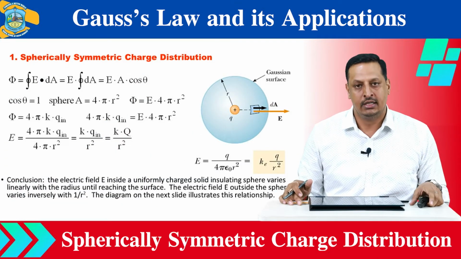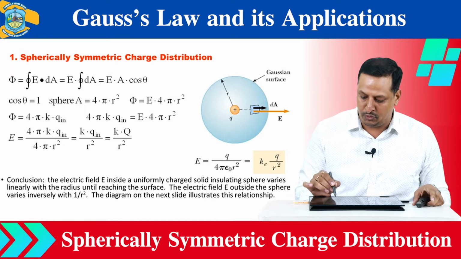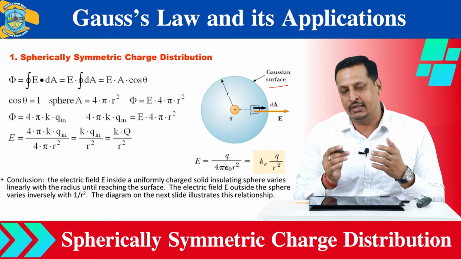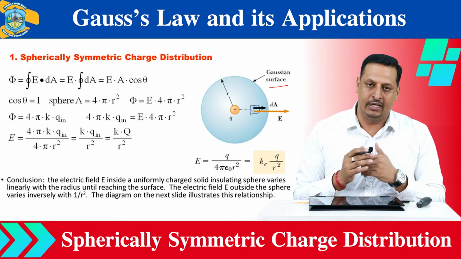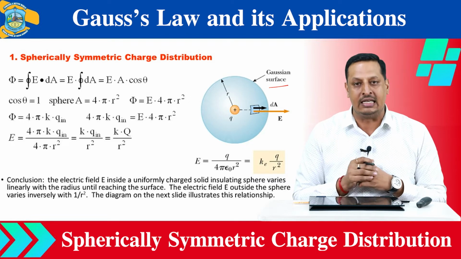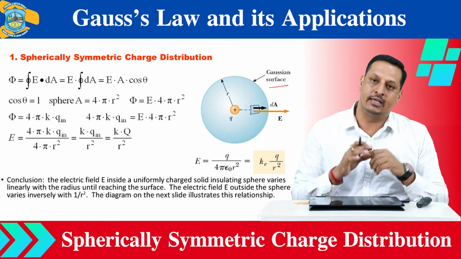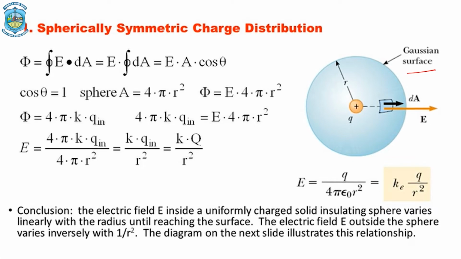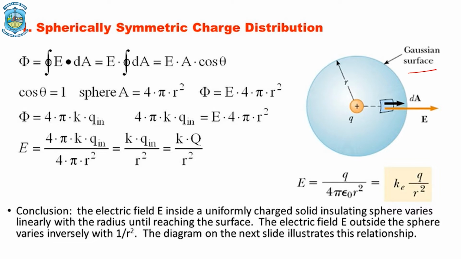Now let's start with the application of Gauss's law. As I told you, by using Gauss's law we can find the magnitude of the electric field produced by different symmetric charge distributions. We are starting with a point charge kept at the center of the Gaussian surface. By using Gauss's law we can calculate the electric field in various steps. Initially, we consider a Gaussian surface which will surround the charge or charge distribution. Second, we calculate the strength of the electric field at any point on the Gaussian surface, and then